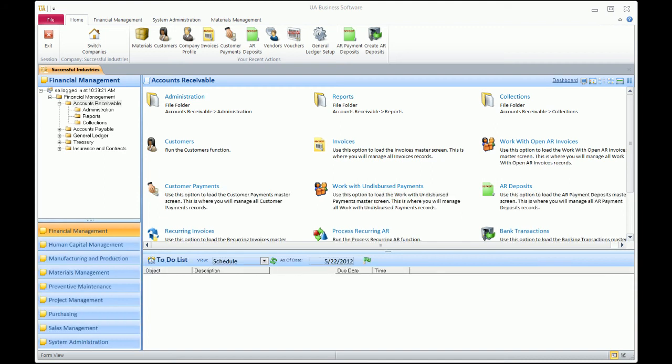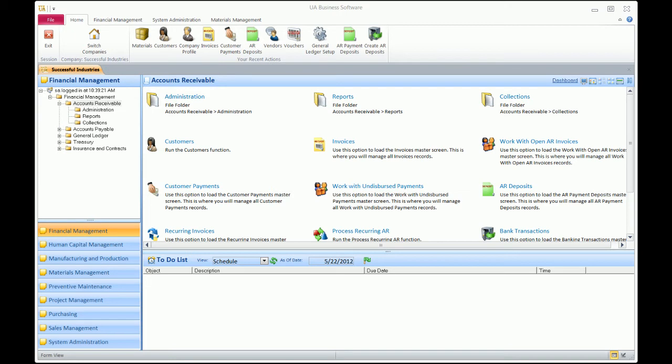Let's take a look at one of the major screens within the AR module, the customer screen. What you're going to find is that a lot of the screens within UA look very much the same, and that was quite intentional. For example, the customer screen and the vendor screen look very much the same. Obviously the properties are different, the things we store about a customer and a vendor are quite a bit different, but the capabilities and how we use the screens are very, very similar. And again, that was quite by design, so that once you understand one screen, you kind of understand the rest